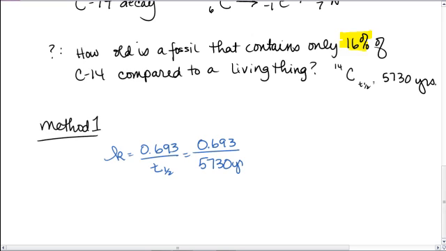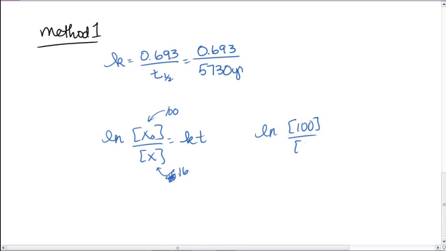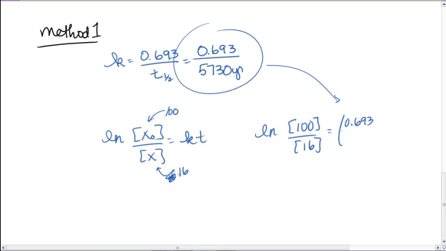And so if I plug that into my natural log of x naught over x equals kt, if it's 16%, then my original I'll call 100 and my amount at time t I'll call 16. So natural log of 100 over 16 is equal to, here's my k value, I'm just going to go ahead and plug it in, 0.693 over 5,730 years